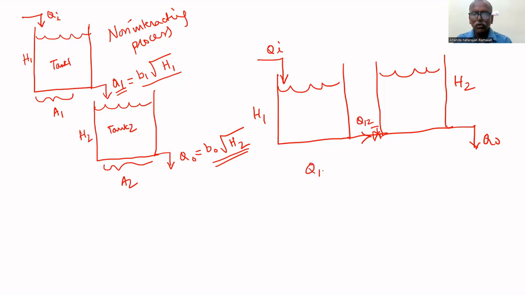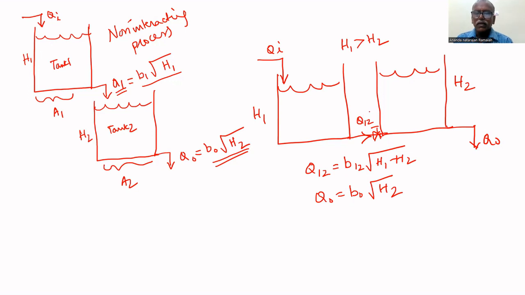Here, Q12 is equal to B12, some constant, times square root of H1 minus H2. Let us assume that H1 is greater than H2. Q0 is equal to B0 times square root of H2. Here, any change in H2 will affect the level in H1, because